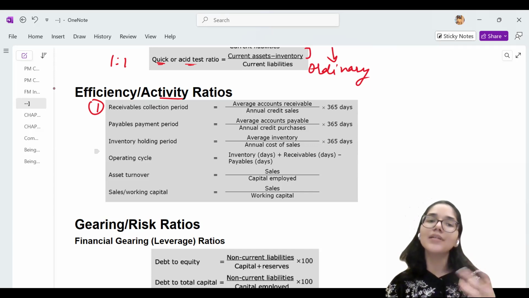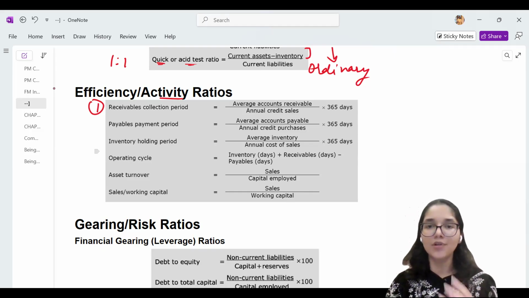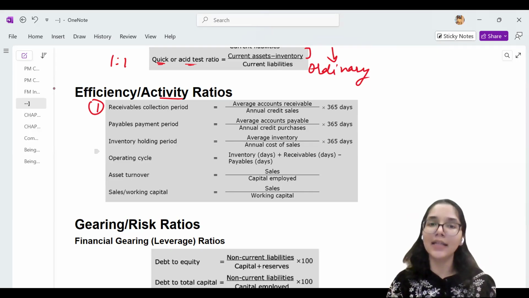That you take the goods from us today on your credit card and you can keep paying the credit card installments. So, how do businesses sell? Sometimes the business is going to sell to a customer and they will say, you can pay us after 30 days, you can pay us after 40 days. So here with this ratio, we are actually finding out how much time it takes for the company to collect the money that the customers owe to the company.